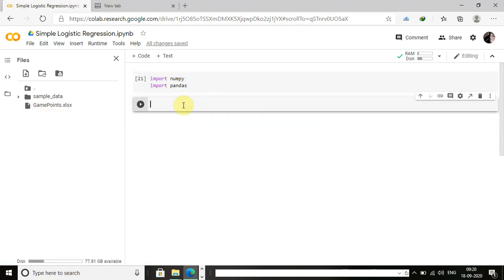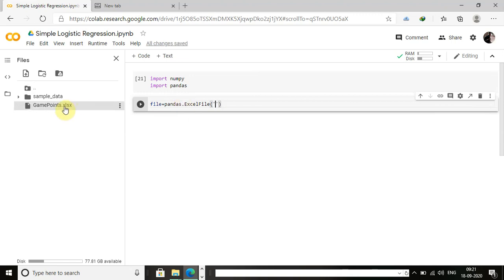So first of all, I want to store the file in a local variable. For that, I am going to use the pandas package, pandas.ExcelFile.